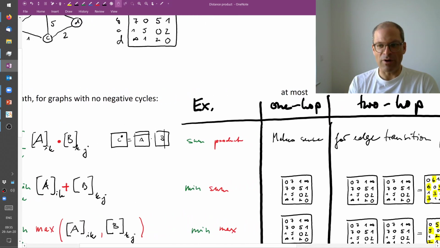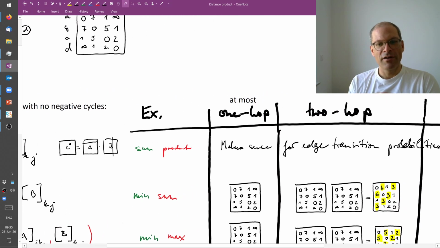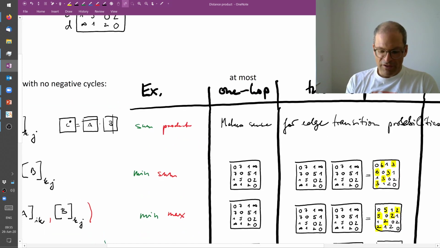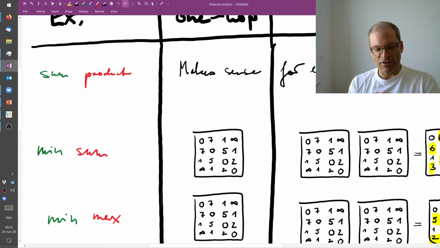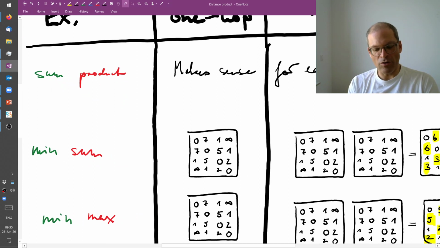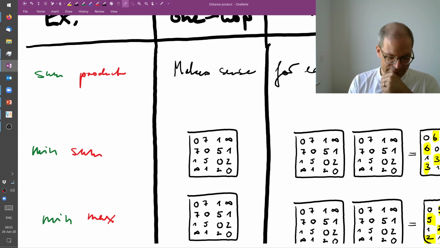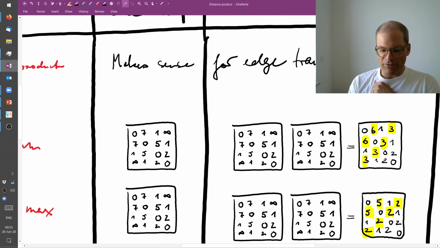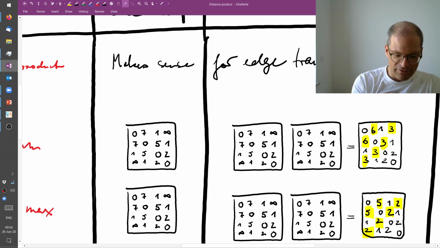And let's try this out. In the example that we've seen above, I've just copied from further up this matrix. This matrix had the cost of going from one node to any other by at most 1 hop. By 1 hop, I mean 1 step of walking along this graph. Now let's do this kind of funny matrix multiplication. Let's look perhaps at